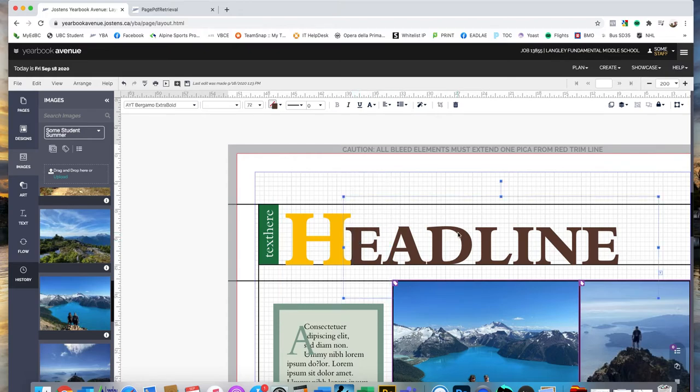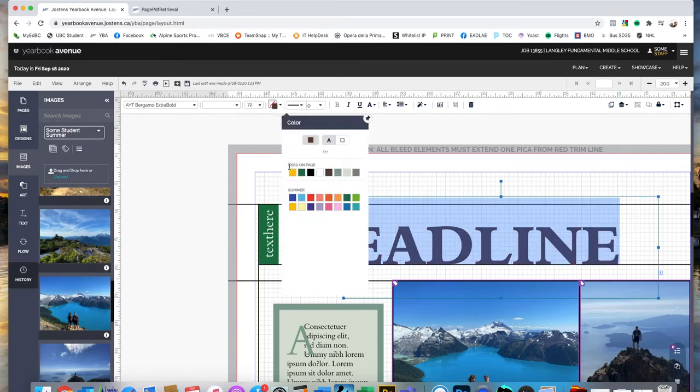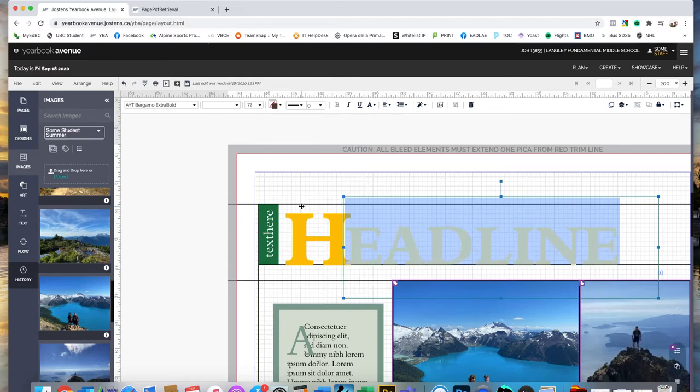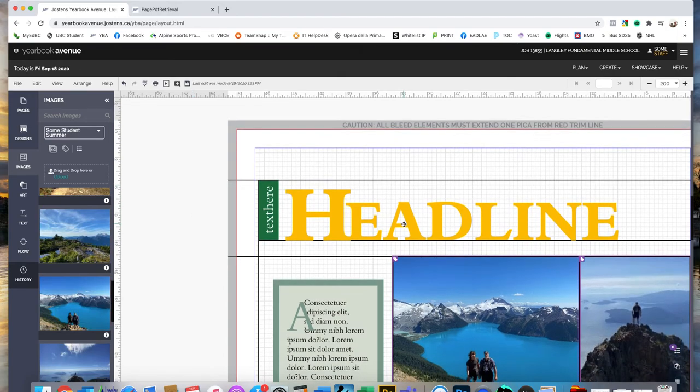And then I'm going to click this text box and do the same thing. I have to select the text within it to change the color of it, and I'm going to use that same color. There we go. So headline, and actually maybe I should change that to